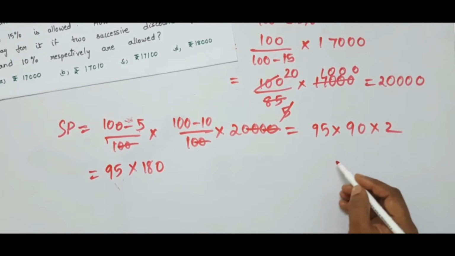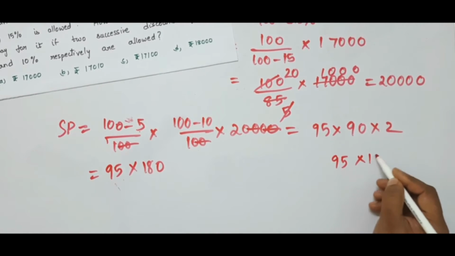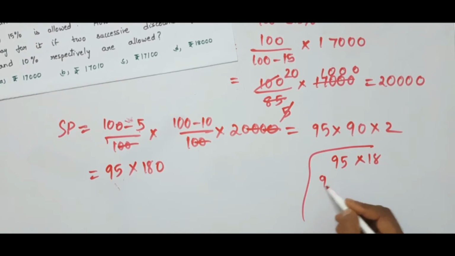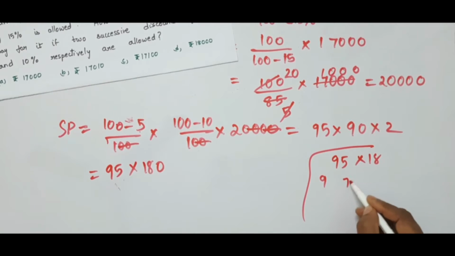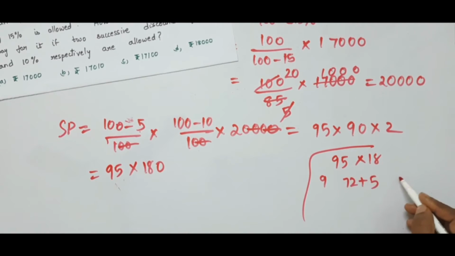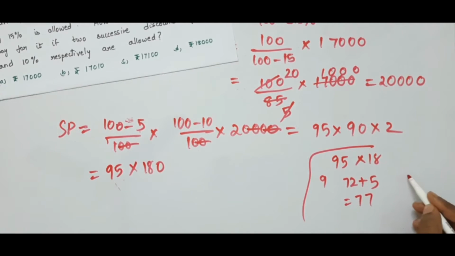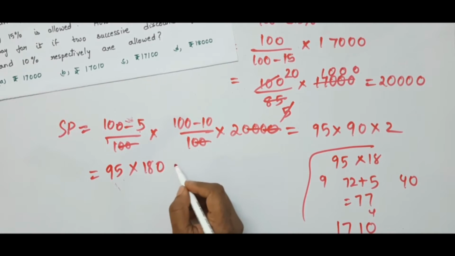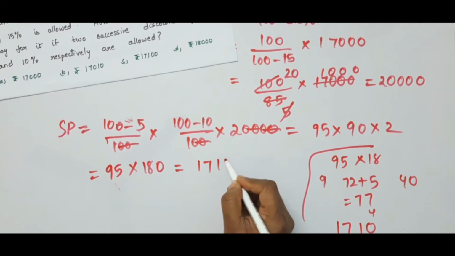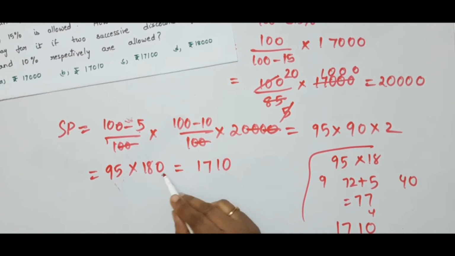Now let us use the multiplication trick for 95 into 18. So this is nothing but 9 ones 9, and 1 into 8 is 8, plus 9 into 8 is 72, 1 into 5 is 5, and 5 into 8 is 40. So you'll get 0 and carry the 4 here, this becomes 11. So 1, and here 8, carry this 8 here, this becomes 17. So we got 1710, and one more 0 because it is 180, right? So one more 0.